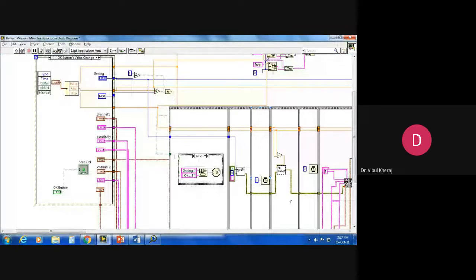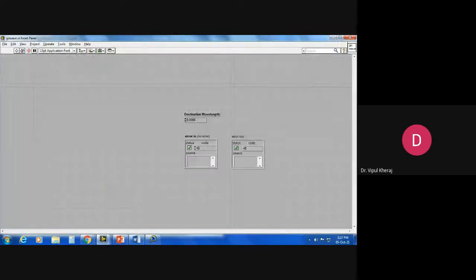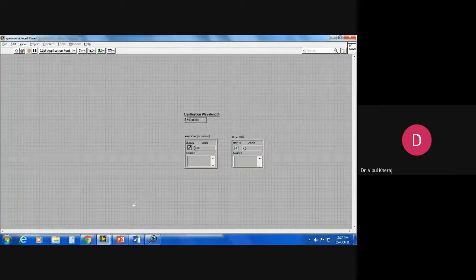Okay, so this is the destination wavelength. It will go to a certain wavelength which I tell. For example, if I ask it to go to 650 nanometer, which is supposed to be the bright red, then it will go to 650 nanometer wavelength. The grating will rotate and slowly coincide the rainbow, so that the red light coincides exactly with the outer slit.